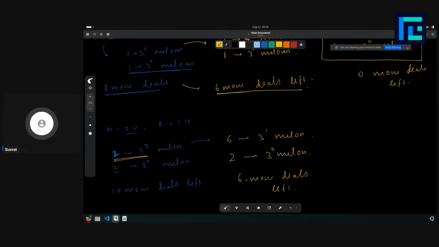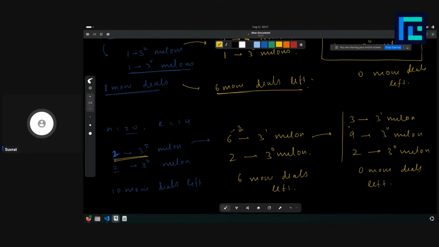So now since we have 6 more deals left, we can transform 3 of these. So what we can do is we'll keep 3 to the power 1 million deals, and we'll go 9 3 to the power 0 million deals, and we already had 2 3 to the power 0 million deals, and we would now have 0 more deals left. So this would be the last most optimal distribution that we can lead to, and for this we can calculate